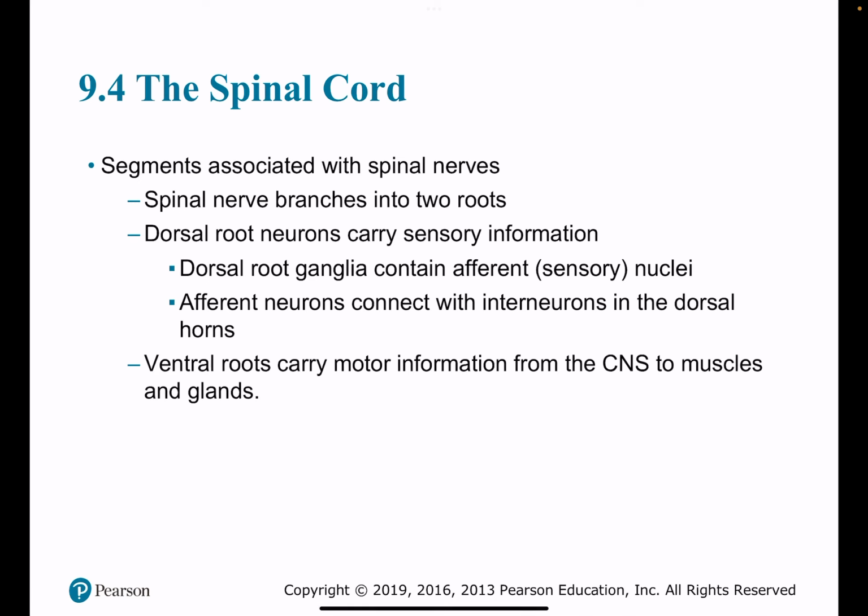Spinal cord. Okay, now we're done with all that fun stuff. We're going into our spinal cord. So I said that there's a passage of nerves to go into the spinal cord, and there's a passage of nerves that come out of the spinal cord. So, into the spinal cord,